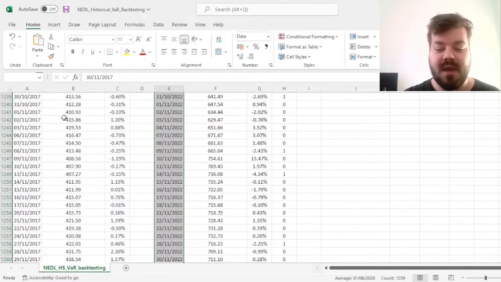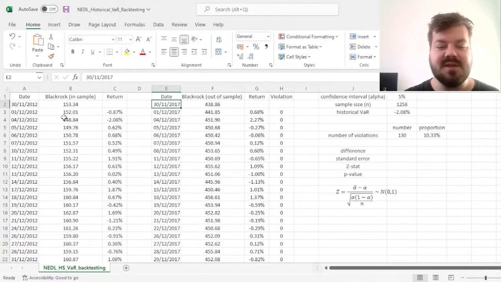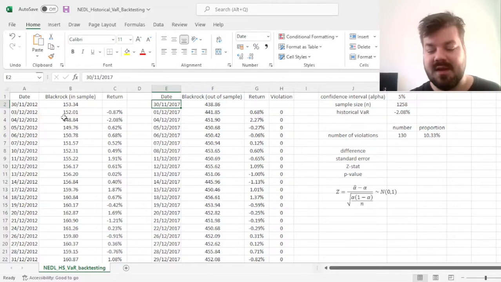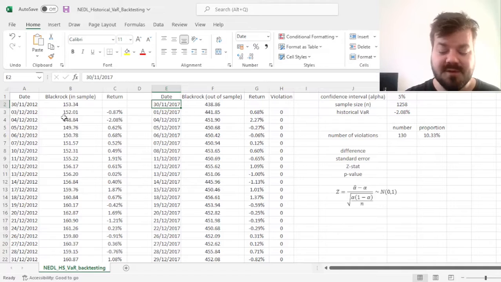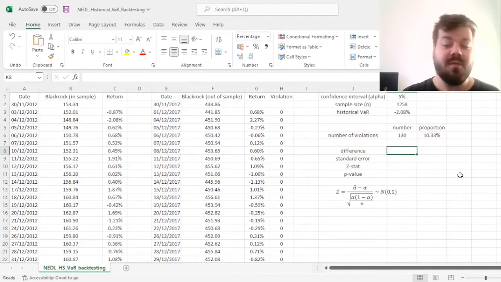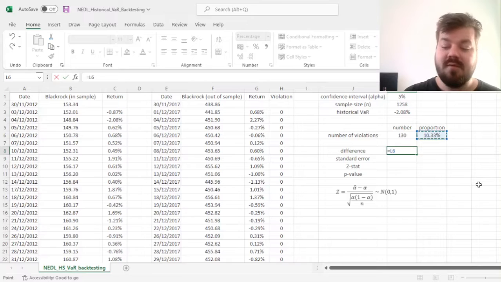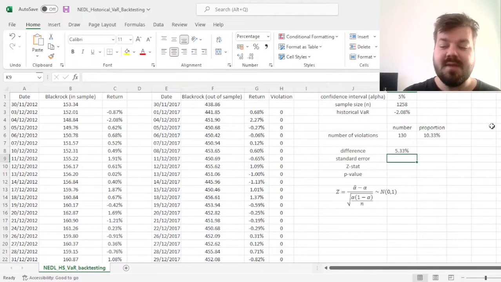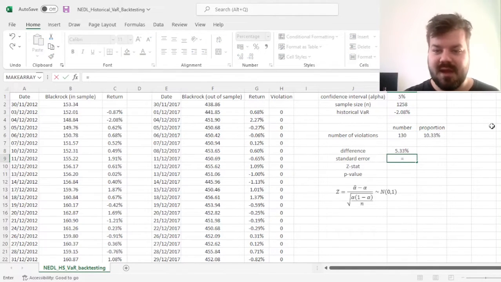used to infer about losses occurred in 2017 to 2022, and we know that the nature of events and the market movements in those two periods might have been quite different. Therefore, we can use the standard coverage test, for example, to determine how significant this deviation is. So I first calculate the difference between the empirical proportion of violations and the theoretical proportion of violations, which is our confidence interval alpha. The standard error here can be inferred from the proportion z-test, which we've got a separate